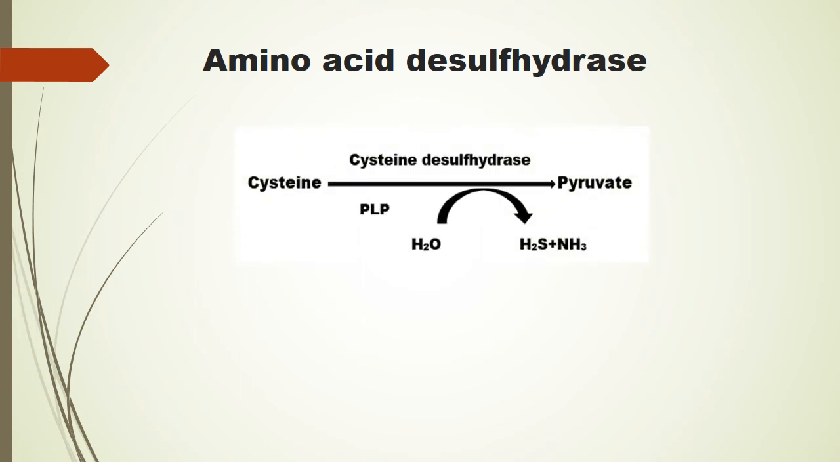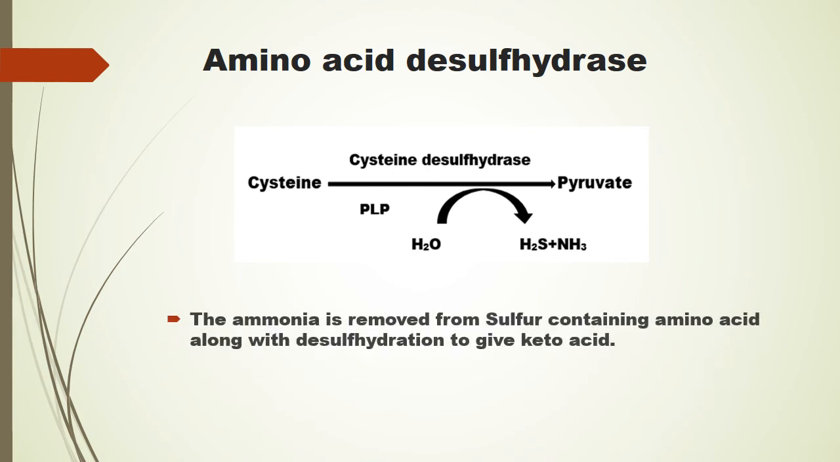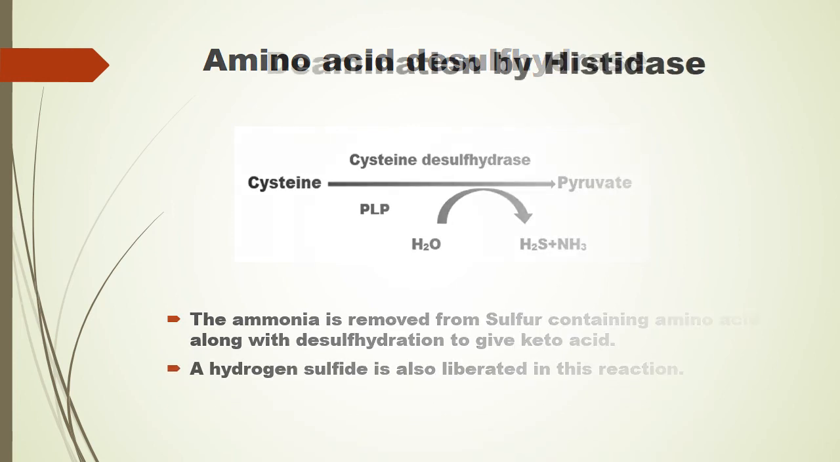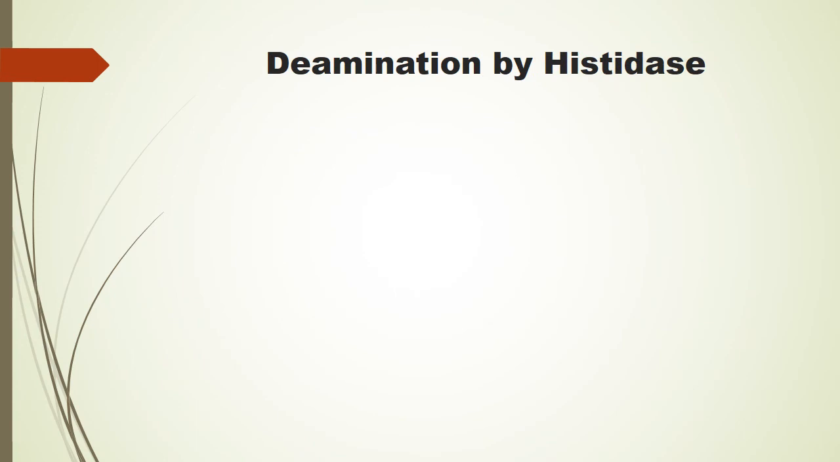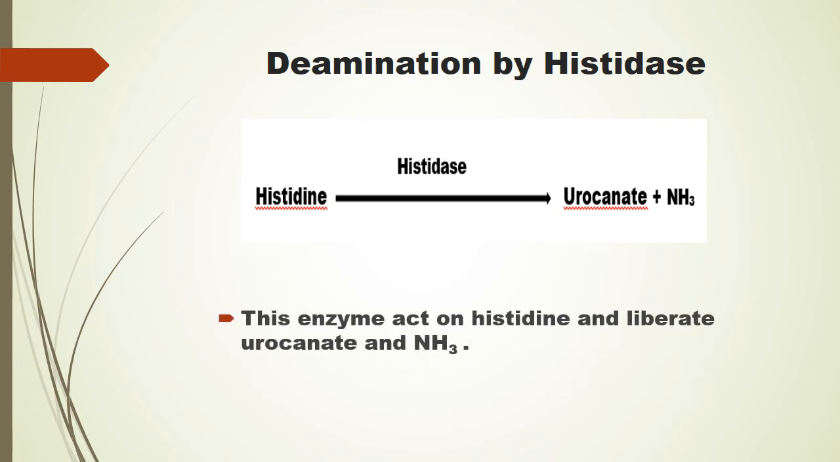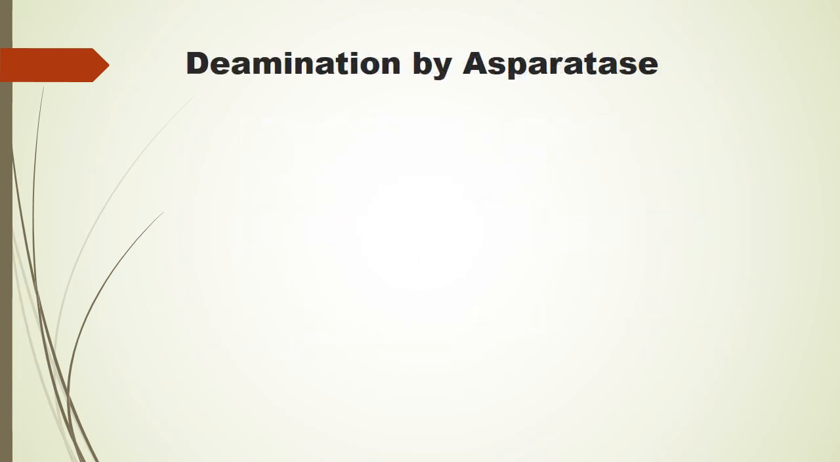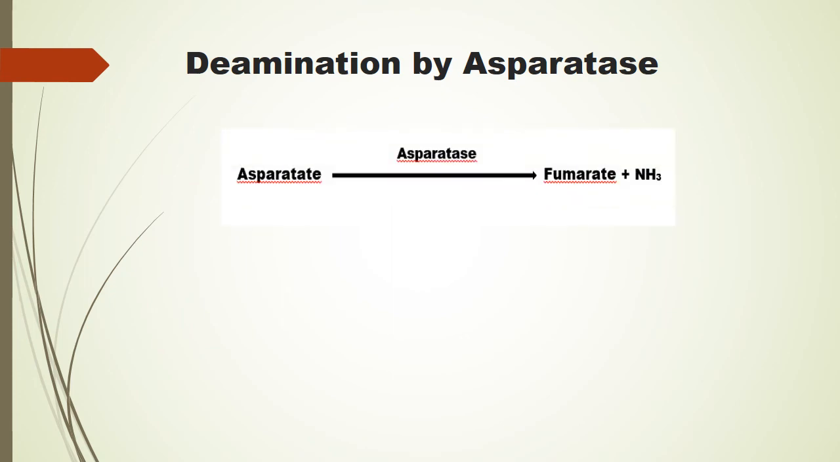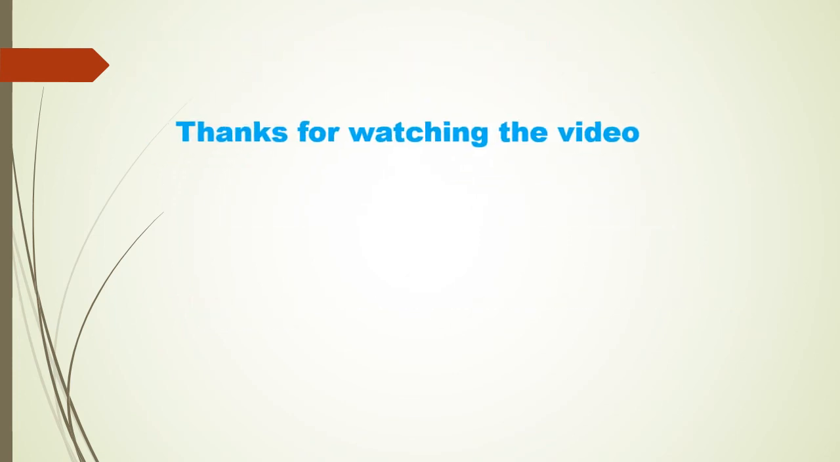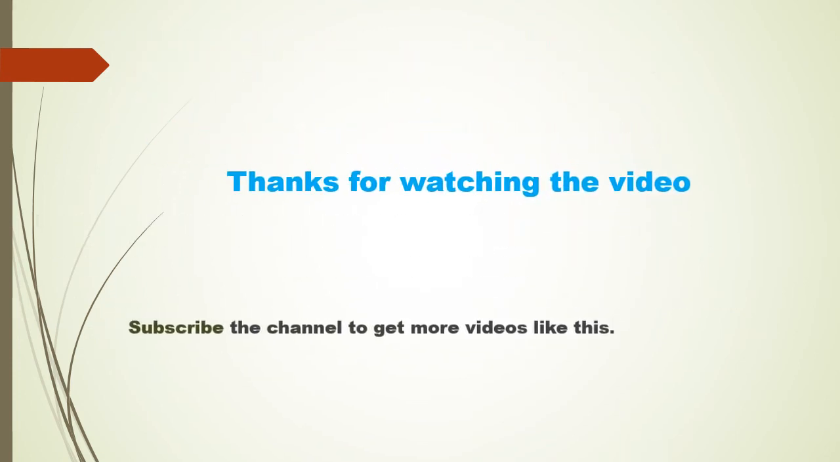Amino acid desulfohydrase. The ammonia is removed from the sulfur containing amino acid along with desulfohydration to give keto acid. Hydrogen sulfide is also liberated in this reaction. Deamination by histidase. Histidase enzyme acts on histidine and liberates urocanate and ammonia. Deamination by aspartase. Aspartase enzyme acts on aspartate to produce